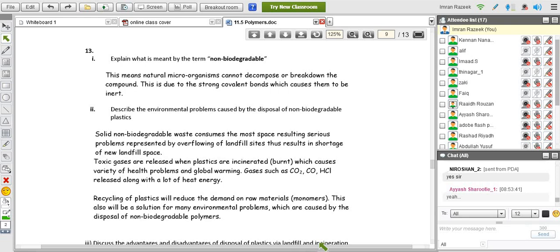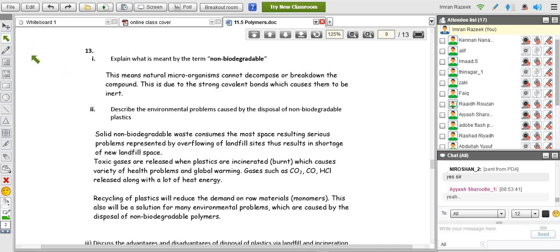Because of the strong carbon-carbon bond, natural microorganisms can't break it. That's why we say synthetic polymers are non-biodegradable. Natural microorganisms cannot break them down. So therefore,